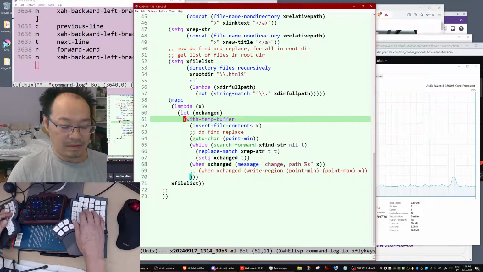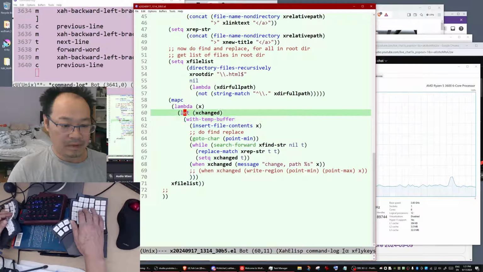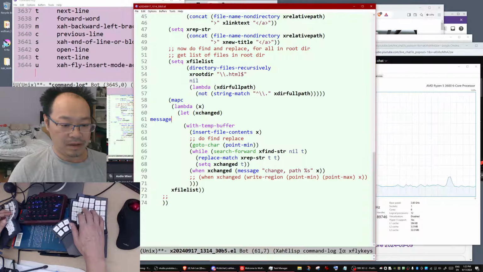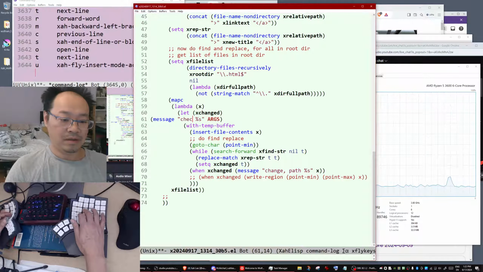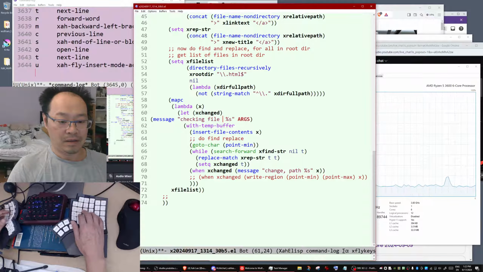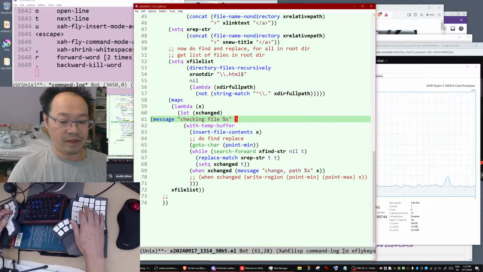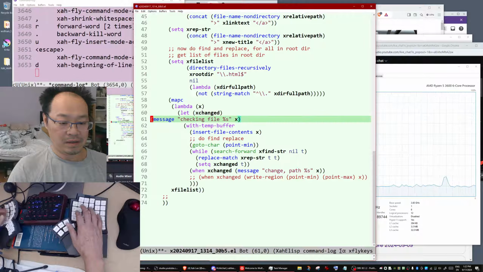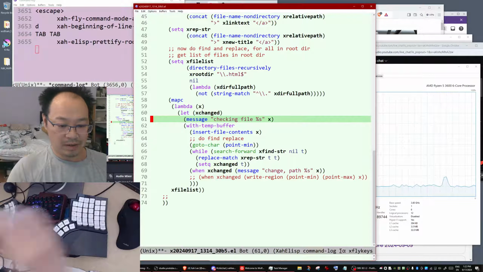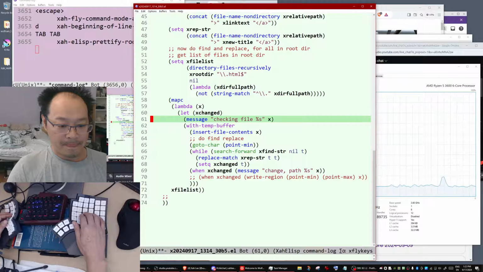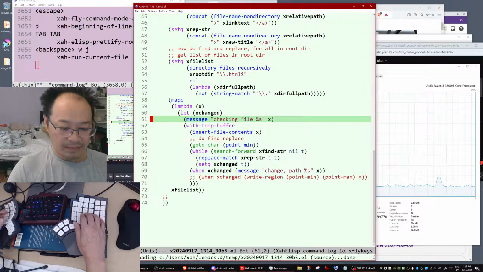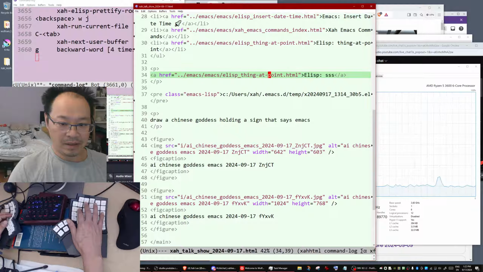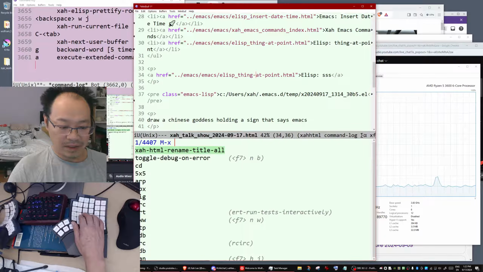Okay, so let's message. Checking file X. It should print it. Okay. Evaluate the buffer. Go here, test it again, call the command.